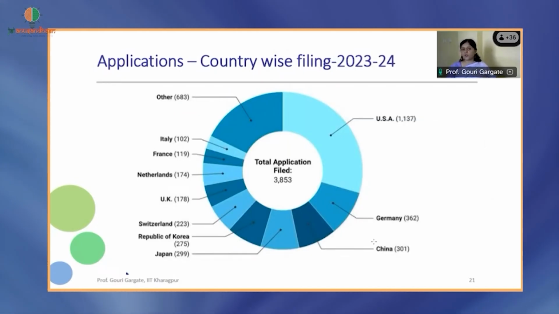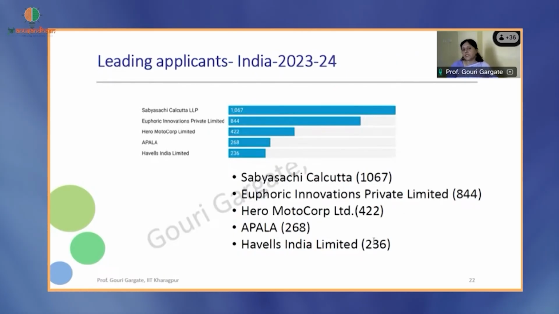If we see country-wise, the USA is the topmost considering registration in India, because they obviously want to use the market in India. So the USA is on top, then Germany, China, Japan, Korea, you can see the list. These are companies or individuals registering their designs in India, and the USA is on top. Now, if we see the top applicants considering 2023-24 data,